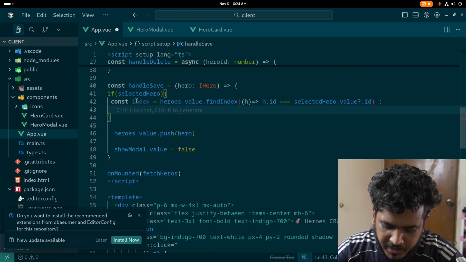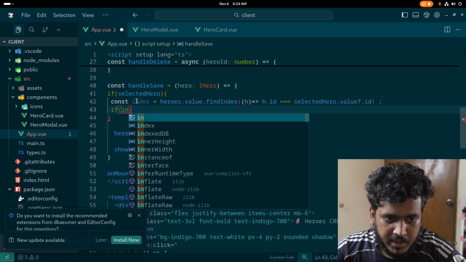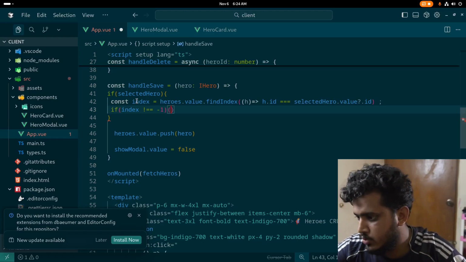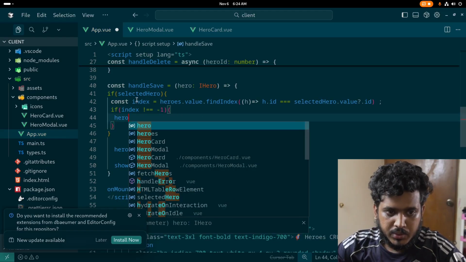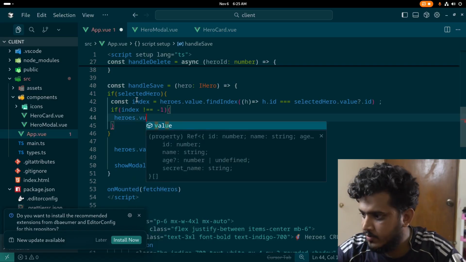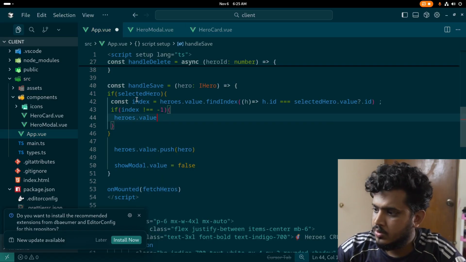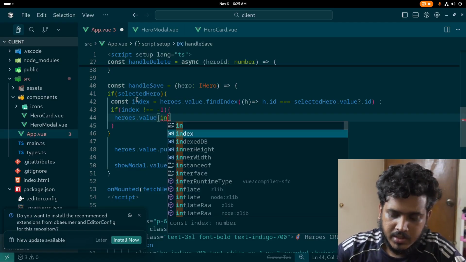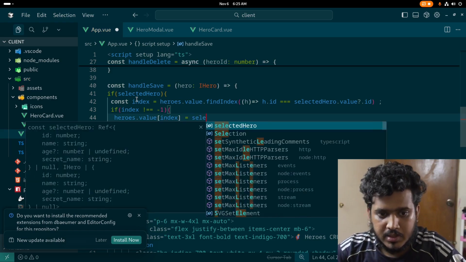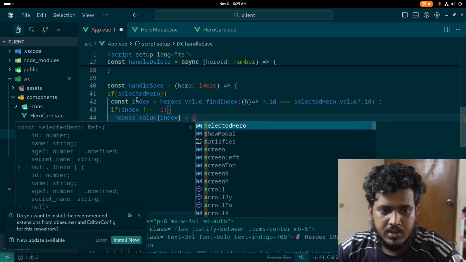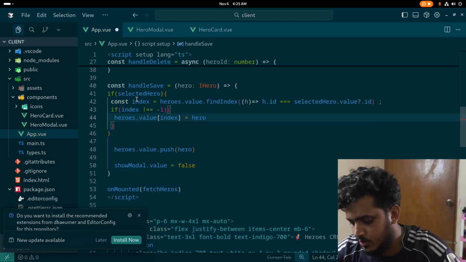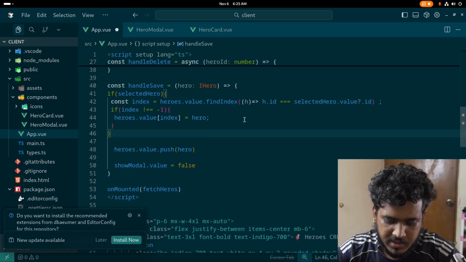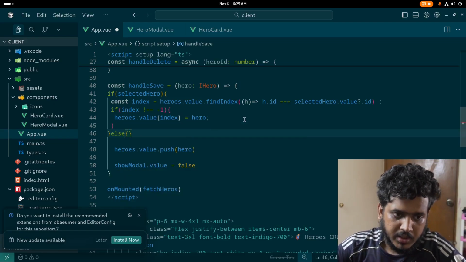If we get the value, index is not equal -1, then we are going to update from here. Heroes dot value, then index is equal, actually not selected hero, this hero. And here we are going to push if there is no selected hero. Okay,